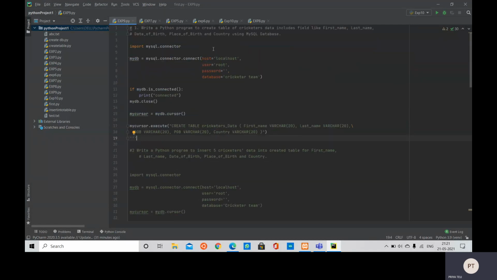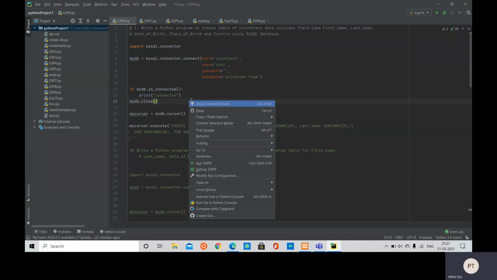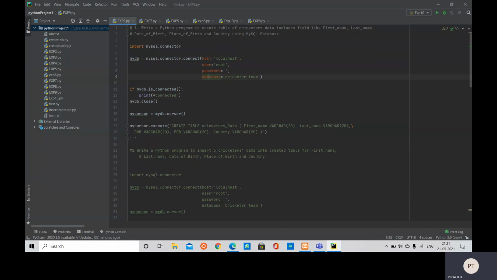After executing this program, we will be able to see the output as connected if it gets connected to our database, and it will also create an error because we already have a database named cricket and a table named cricketers data, as I have created it before.